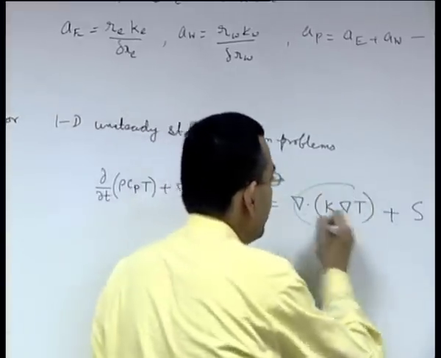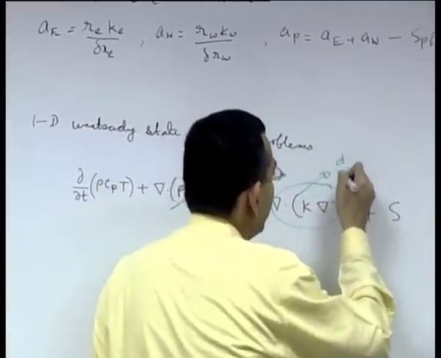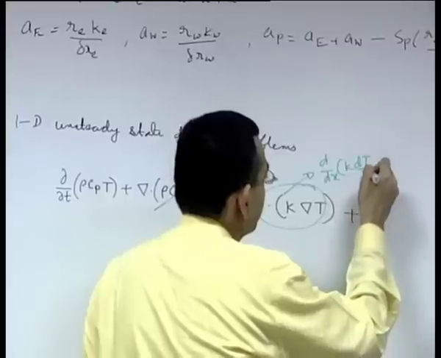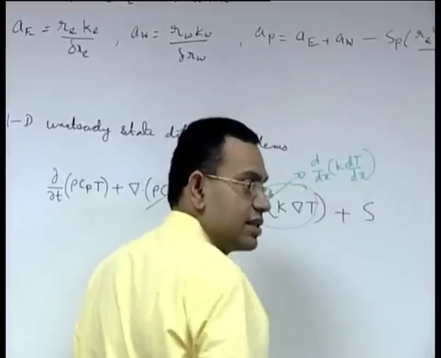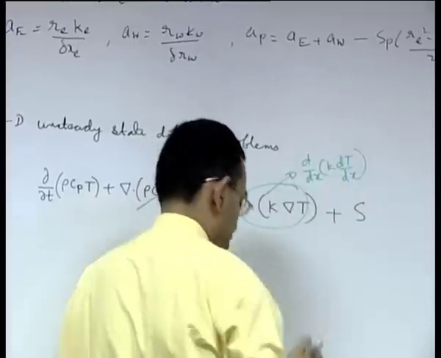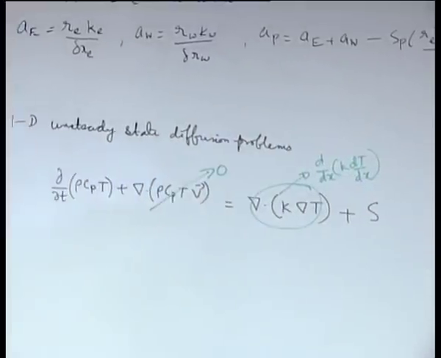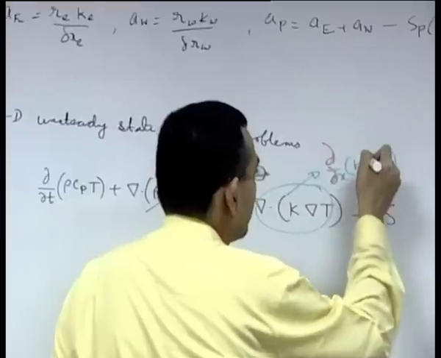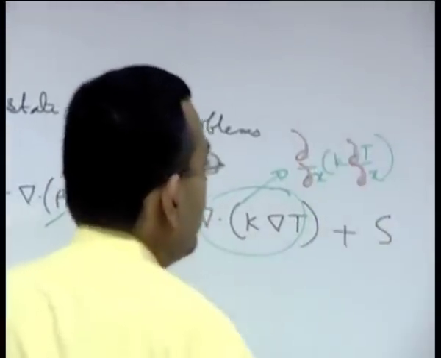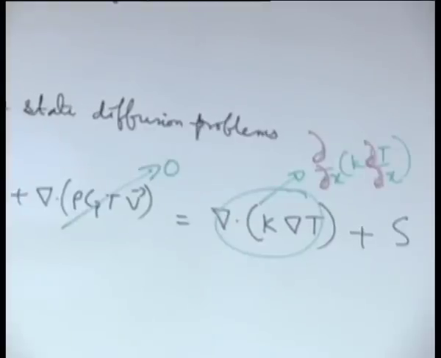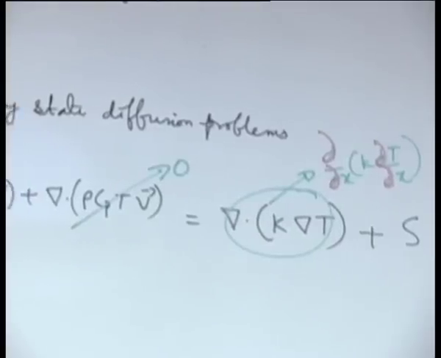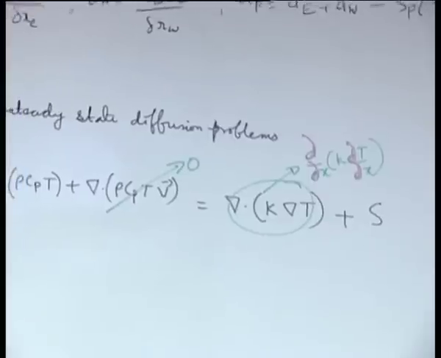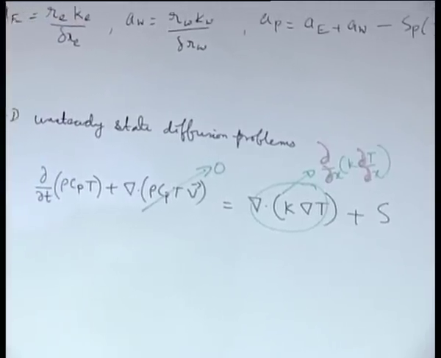Further, because it is one dimensional, this will become d/dx of k dT/dx, not d/dx but partial derivative now, because T is now a function of both x and time. So we can write the simplified governing differential equation as